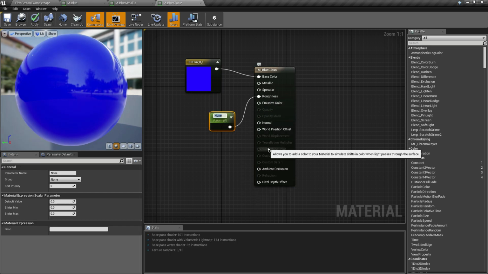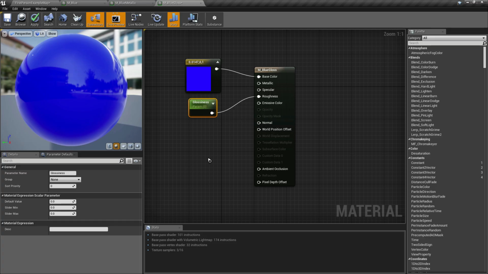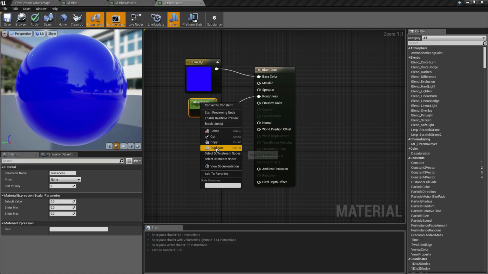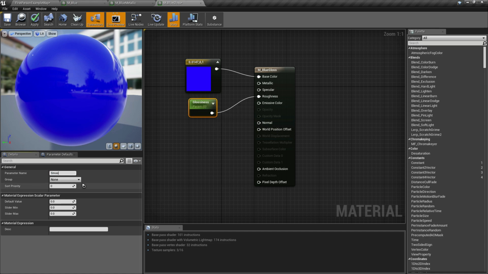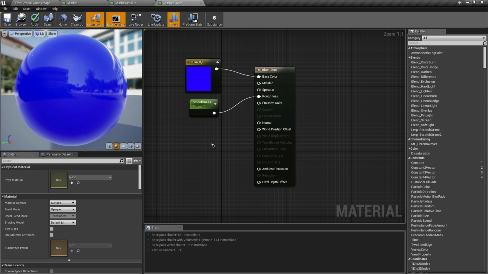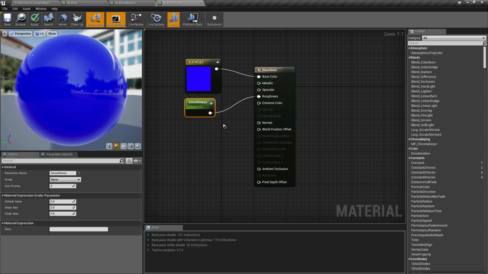So let's name this one glossiness. As you can see, the default value is 0. That's why we see the smoothness of the material. Oh, I think instead of glossiness, let's rename this smoothness. So let's change the name into smoothness, to make it clear that we're going to create a smooth material.